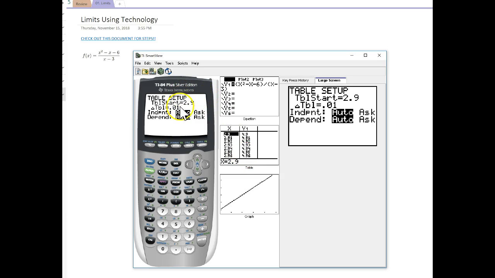But because it's limits, we want to control what's going on and get closer and closer and closer. This isn't going to quite do it because it's getting us closer, but not at a rate that's truly effective. We're going to have to scroll through a lot to get a good picture. So instead, if I go ask,